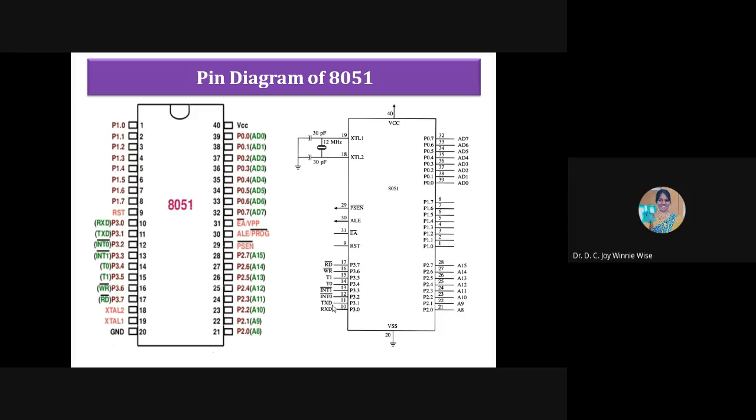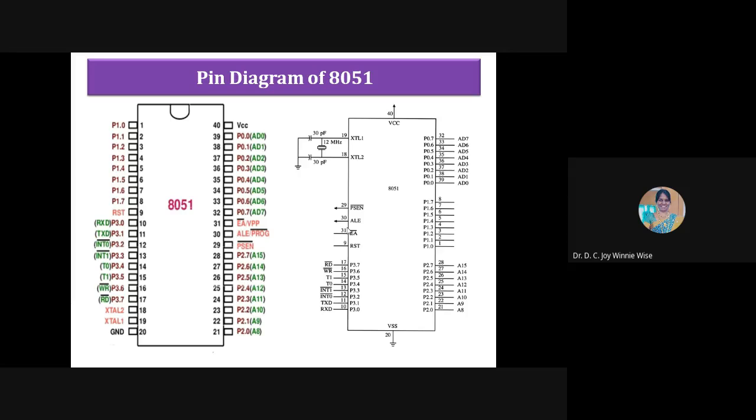Okay. Apart from these ports, we have some special signals also. That is the 9th pin, the reset, RST. EA is external access. If you are referring to external memory, the external access pin will be used. And the next one is the ALE signal. ALE is the address latch enable signal, which is used to demultiplex AD0 to AD7. When ALE is equal to 1, the content of AD0 to AD7 will be address. And if ALE is equal to 0, the content of AD0 to AD7 will be data. ALE signal. Okay.